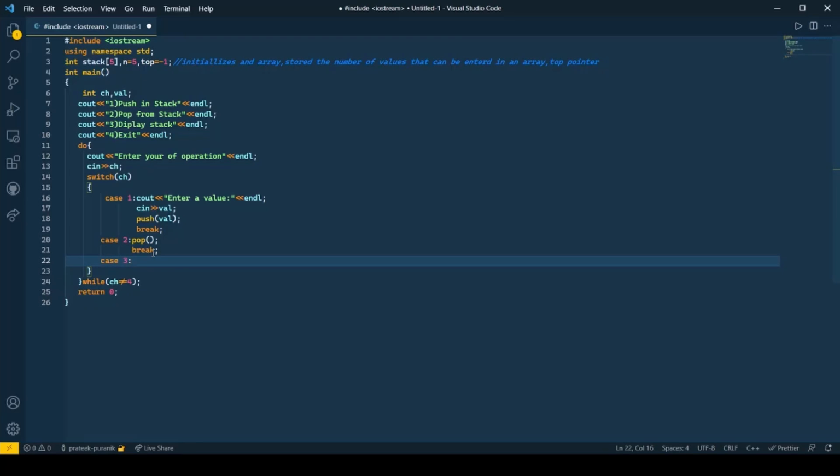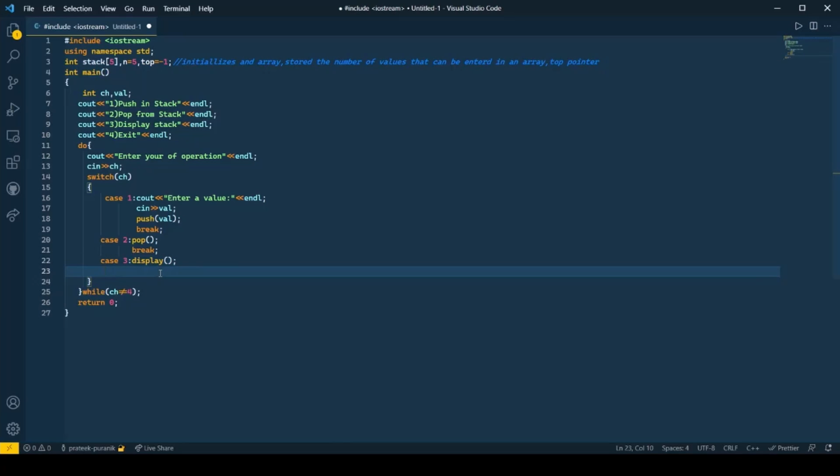In the third case, we are displaying all the values which are currently in the stack. So we would need to call the display function, obviously. All these functions, we have not declared or implemented them till now. We will implement them after implementing the main function.